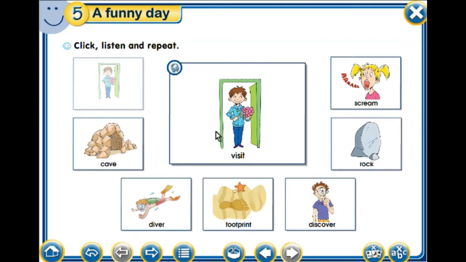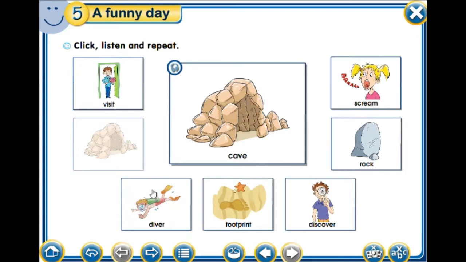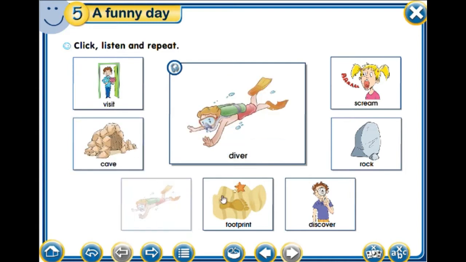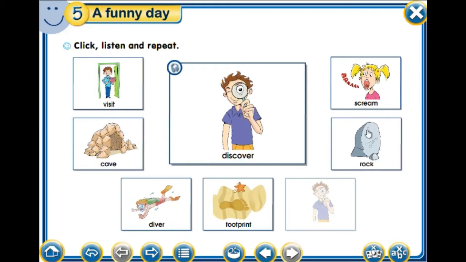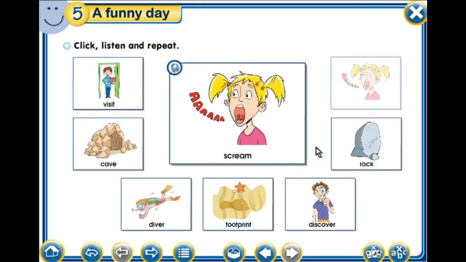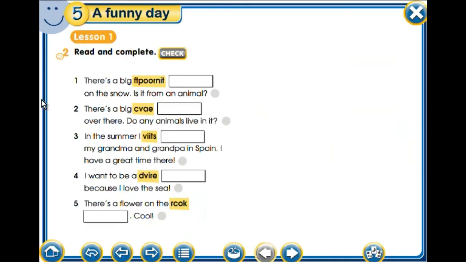Okay, so here we have them. Visit, and this is cave, diver, footprint, discover, rock, scream. Okay, so here we have some sentences and we should put these letters in the correct order to form a word. There's a big footprint